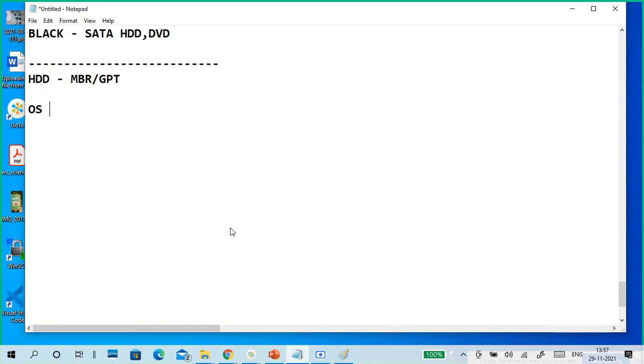We store the OS files in this, or we can say install. When you install an operating system, the running files will be stored here. After you install, it is compulsory to store it in the hard disk only. Okay, it is a secondary memory, not a primary memory.